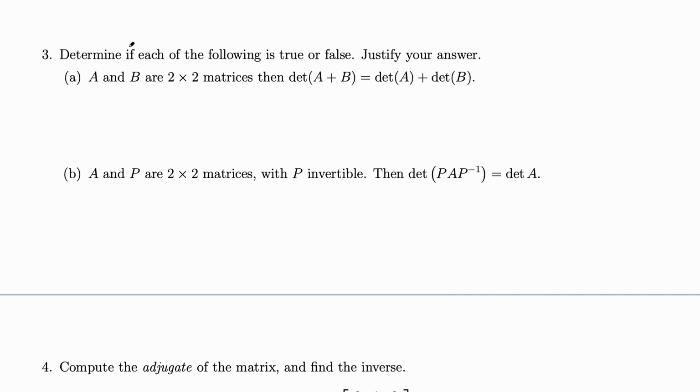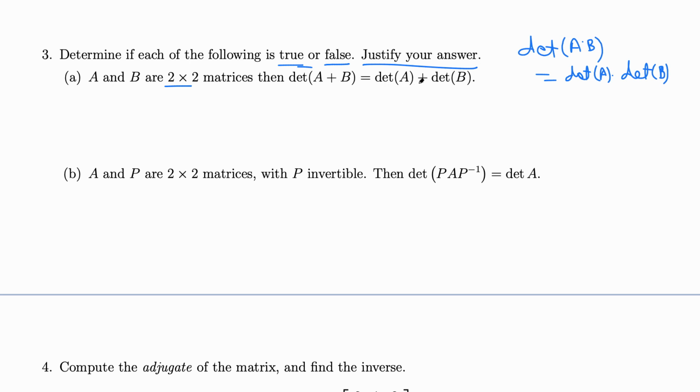Here, determine if each of the following is true or false, and justify your answer. So if the statement is false, then we provide a counterexample. It says A and B are 2 by 2 matrices, and the determinant of A plus B is the same as the sum of determinants. We know that the determinant of a product is the product of determinants. That's the theorem,